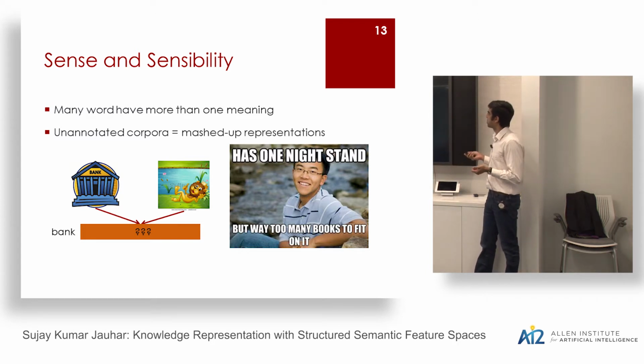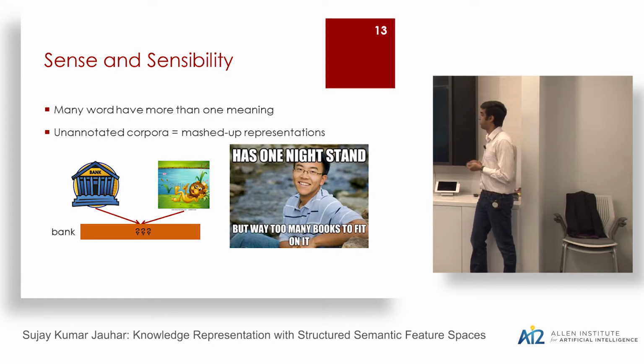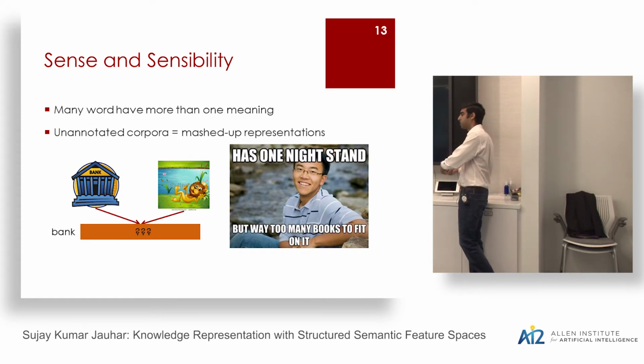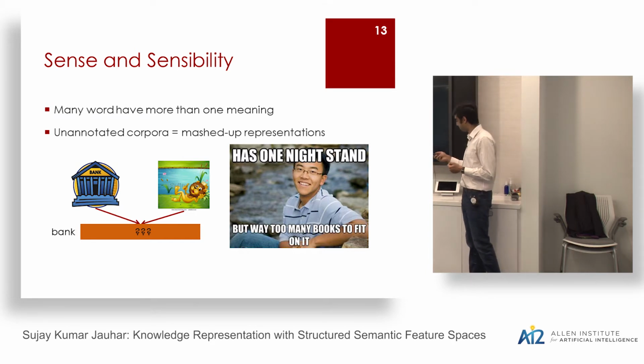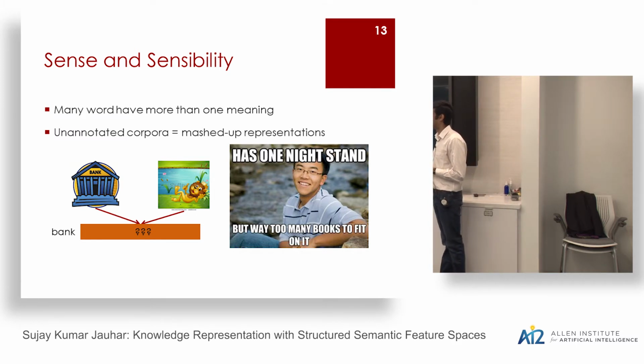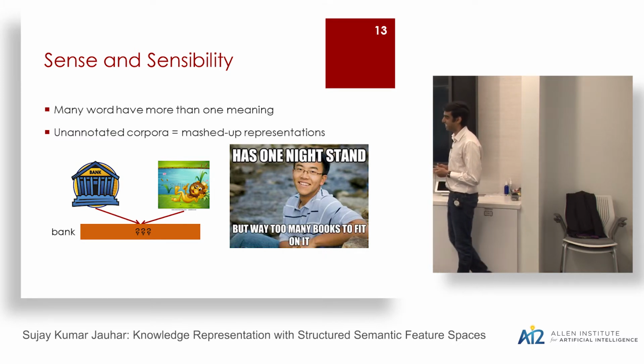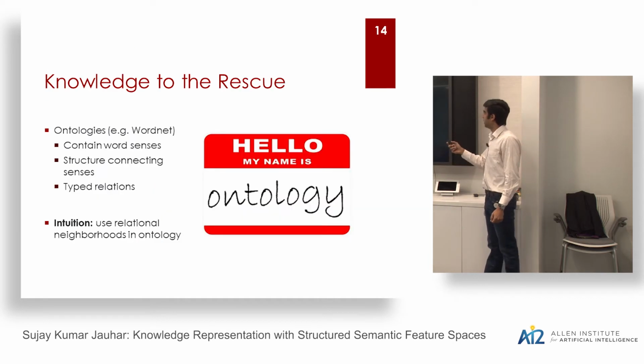And what this work is going to try and do is to actually reverse engineer this process. Use some external structure to tease apart the different vectors that are smashed together. The left example is at the word level, and the right one, which is obviously funny, is at the phrase level. Words or phrases or both? We dealt only with words, but if your underlying ontology has phrases and you can learn those from corpora, you could just as well apply them to phrases. So, knowledge to the rescue.